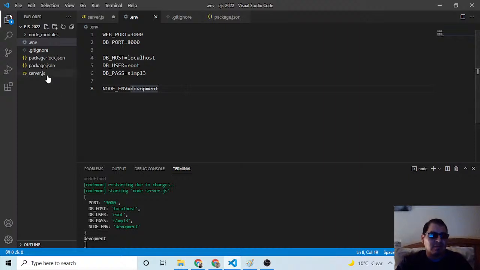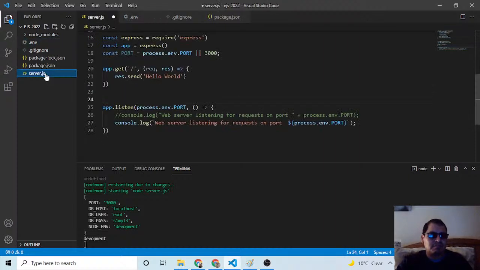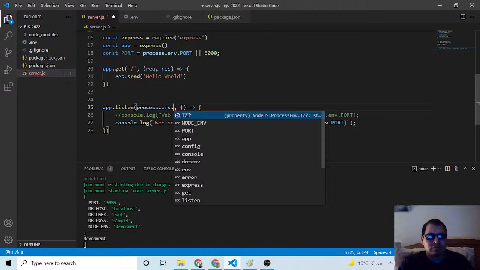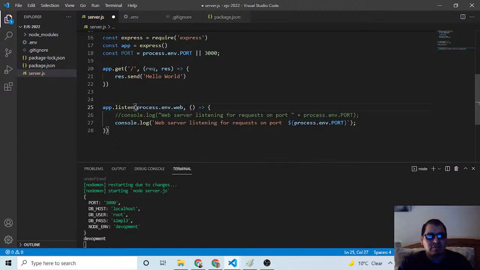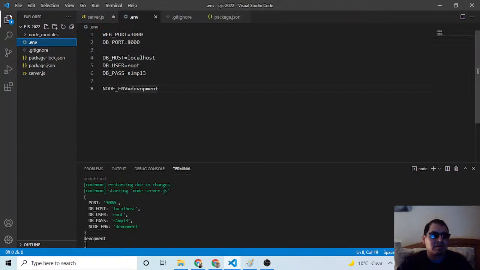And over here I can go back and say this is not going to work anymore. So dot web. Why is it not working? Port over here. Why is it not working? Web port.